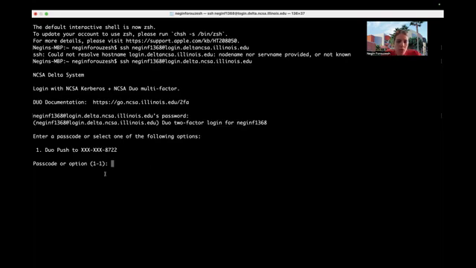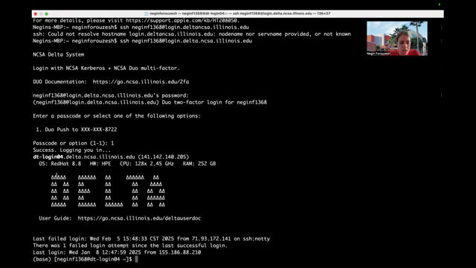This is the Duo Push setting that you should have set up already on your Access account. I have my cell phone number in here, and when I type 1 and press enter, it sends me a Duo Push. So I get to approve it on my cell phone. Once I approve it,